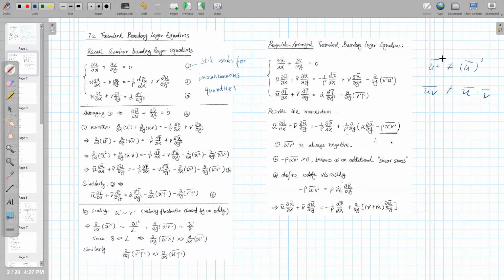The reason is very simple: this averaging is over time, the integral from 0 to T of something dt. So this averaging is a linear operator. And u times u is nonlinear, so you cannot use the distributive law between the components inside. You cannot do that on these nonlinear terms. So you have this u squared bar, and